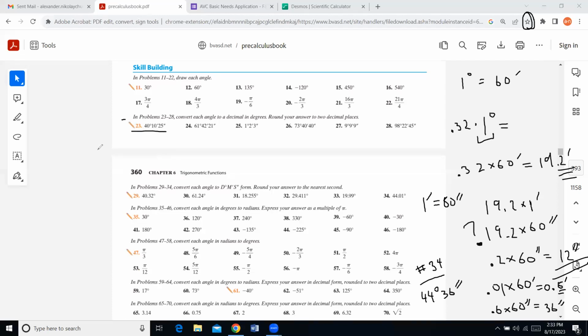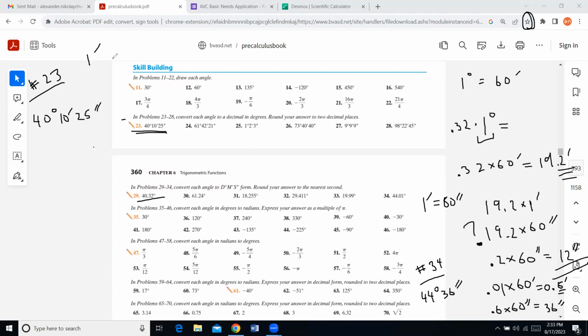Let me do problem number 23 to do the backward conversion. So what does that mean? Well, now they give us degrees, minutes, and seconds, and they want us to write it as a decimal. You see, what for? We just had decimals and we wrote them like that, and now backwards? Well, yes, to just get used to it. That's why, again, if you can do one, then everything else will be the same. So if you have here 40 degrees and 10 of those minutes and 25 of seconds, then remember,